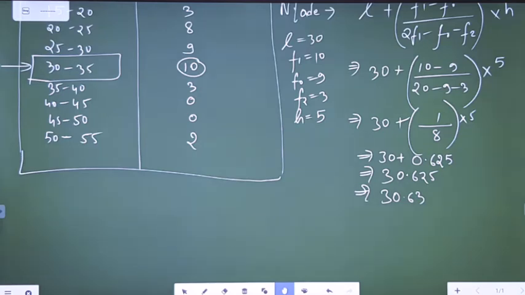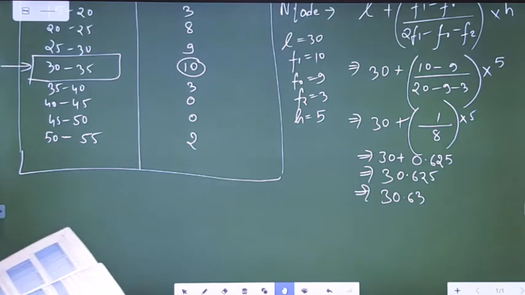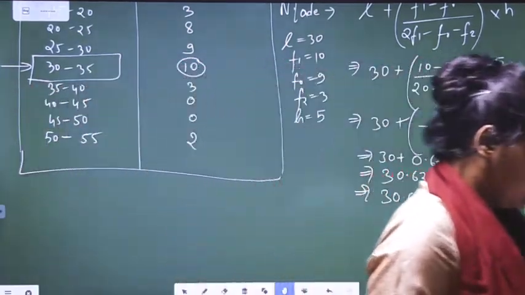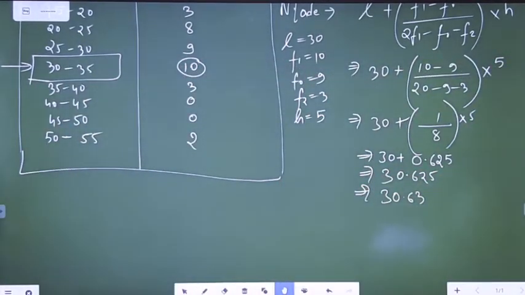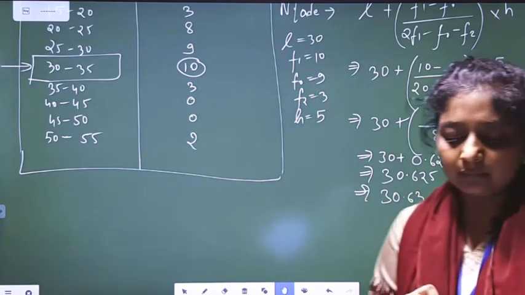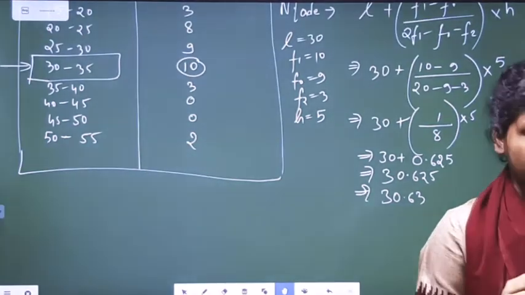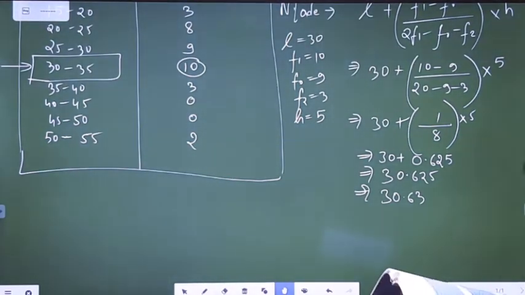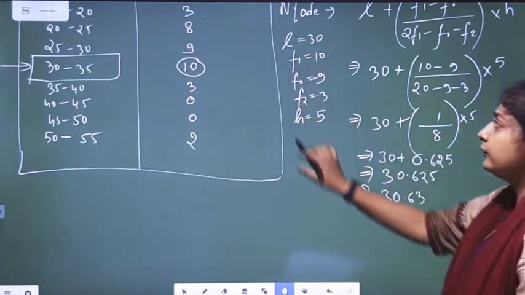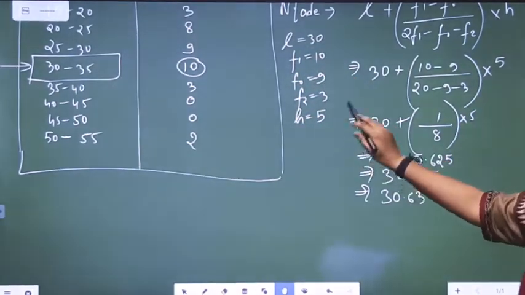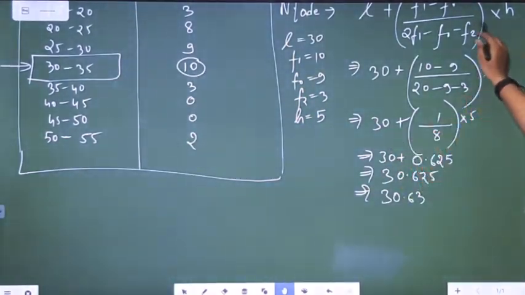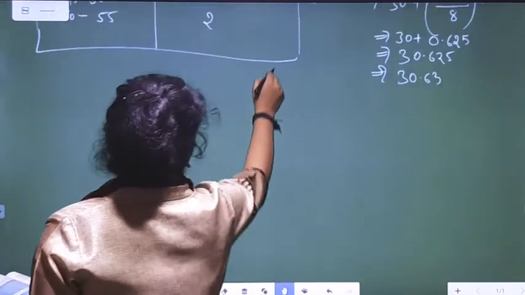Now moving on to the fifth question. The fifth question we also have to do in a similar way, so I hope you can try it by yourself. In the fifth question, the table has been given to you. Runs will be the class interval column, and the number of batsmen will be the frequency column. Similarly, you can find the modal class and all of these values L, F1, F0, F2, H, and then apply this formula and directly get the answer. Next we will be doing question number 6.